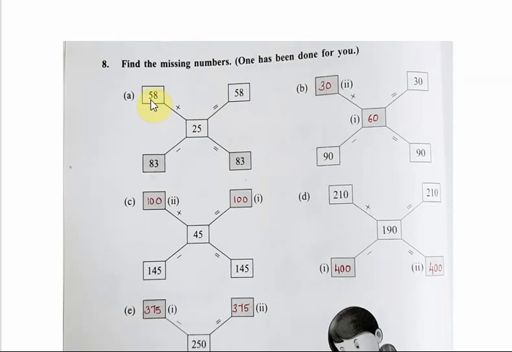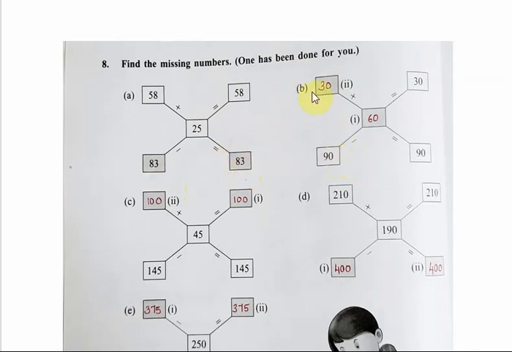So if you got one answer, you can easily find the other answer, because the three numbers 58, 25, 83 will be common in both. Here we got 58 plus 25 is equal to 83. See here, 58 is given, 25 is given. Now another number is missing. Other than 58 and 25, which is the number here? It is 83. So you can copy this number to this side. This is an easy method. Otherwise, you can find the answer by calculation. So let us move on to the next question.